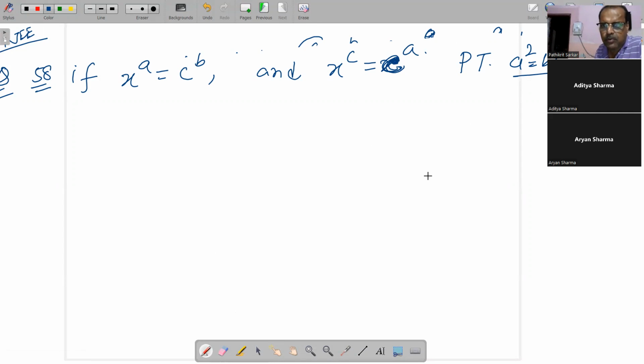So how you can prove these things? a square is equal to bc, ऐसा कुछ proof करना है. I don't know whether the problem is correct or wrong, but they have given, so that's why I have mentioned it over here. Printing mistake थोड़ा हो सकता है, हम देख लेंगे करने के टाइम।